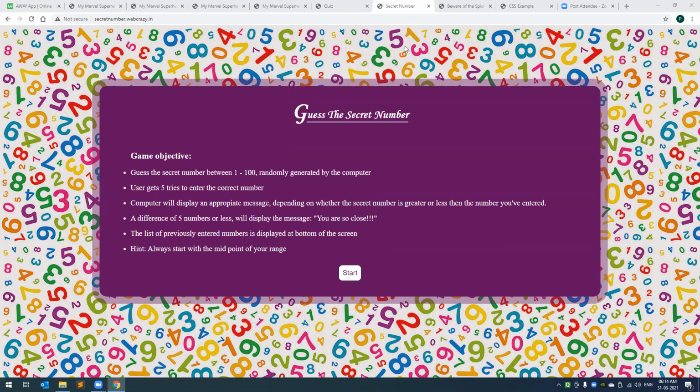If it makes no sense to you right now, don't worry about it. When we start learning, we will understand what all of this means. Now to start with our third project, here what we are going to do is randomly generate a number between 1 and 100. We'll do that through our code.